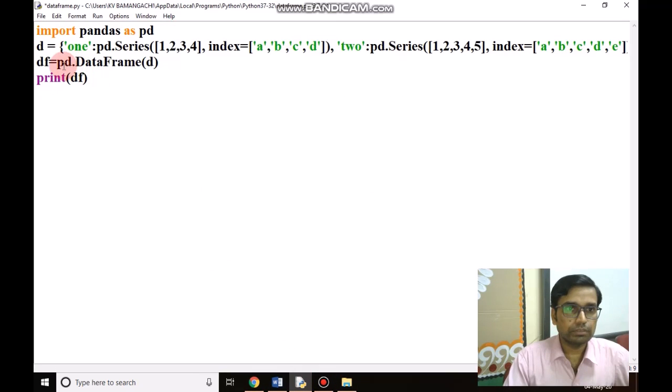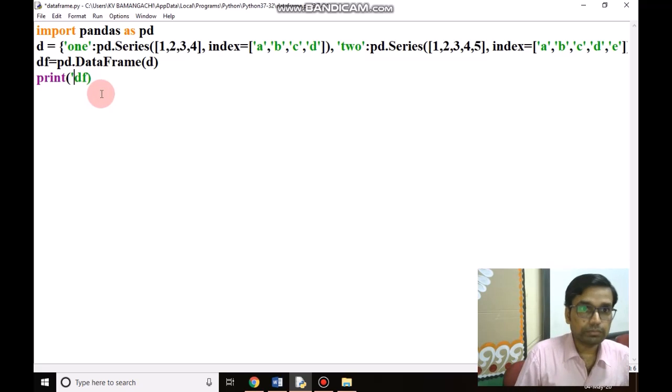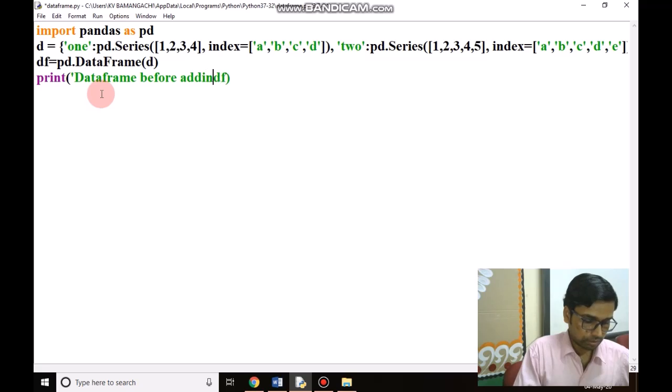Suppose I am writing here data frame before adding column 3. I want to print the data frame with new lines, so I am giving here backslash n.